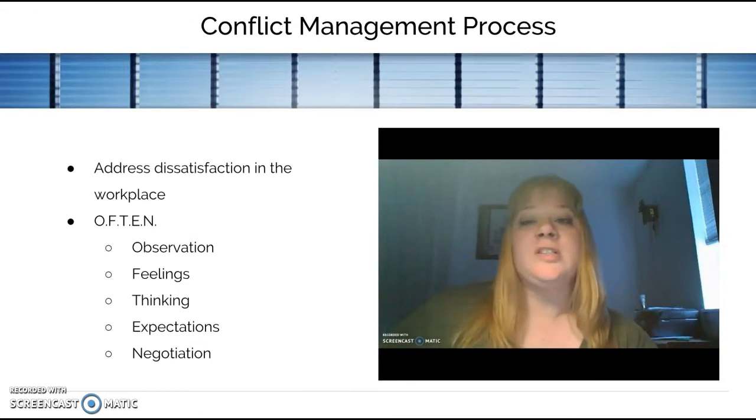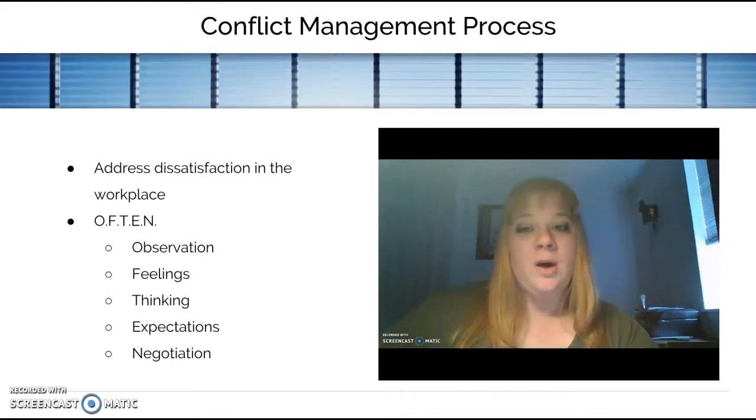A type of conflict strategy is known as OFTEN. This allows conflict resolution while handling such conflict while negotiating in a non-emotional manner. Using these tools will help manage confrontation instead of avoiding them. First, O, which stands for observation. During this stage, one just observes and listens carefully to a problematic situation.